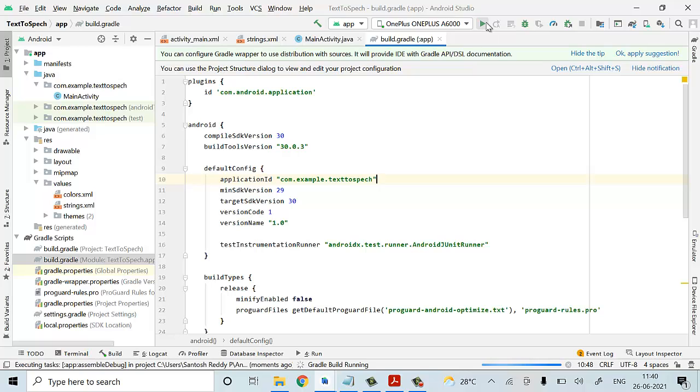When I click the run button, my phone starts activating. It starts working as a mobile app. Launch activity. Now the text-to-speech app is activated in my phone. So now I'll increase my volume and type my name as Ranga Manga. Okay, now I'm going to click the convert button.